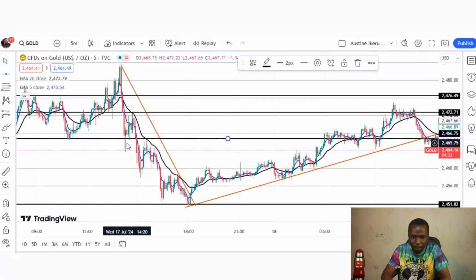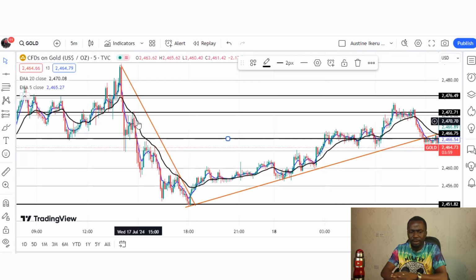Now the price makes a retracement again to the 20 EMA, right? So now that the price has made a retracement to the 20 EMA and then got rejected, you can see this small wick, then it went again and got rejected. These two rejections tell us that the price is finding it difficult to break above this 20 EMA. So this tells us that the 20 EMA is a strong resistance level.